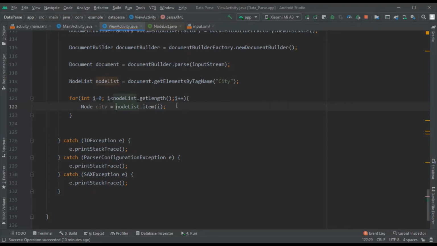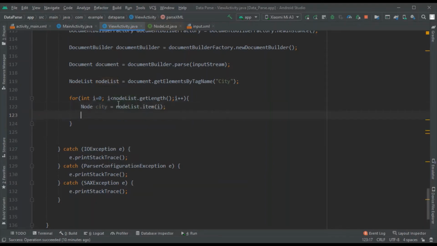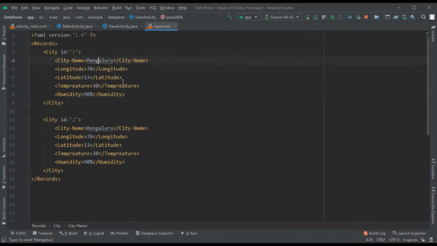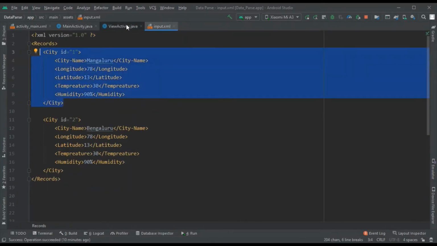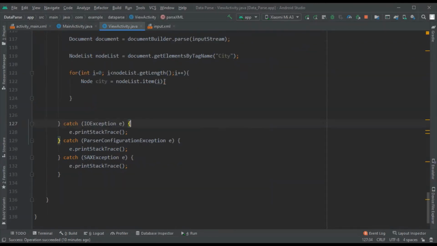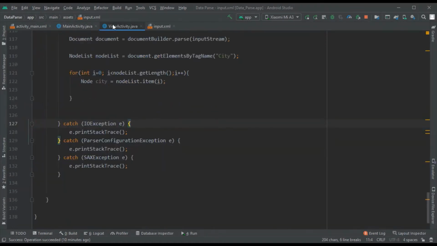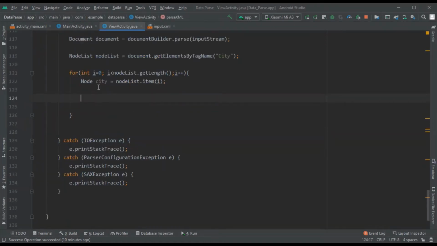Okay, so now when I do node list dot item of 0, then I'll get this city, the first city, that is Mangalore. I mean, all the elements of the city with the ID of 1. And then if I do item of 1, then I'll get this city. Okay, so now it's in the form of this node. But this node doesn't have any